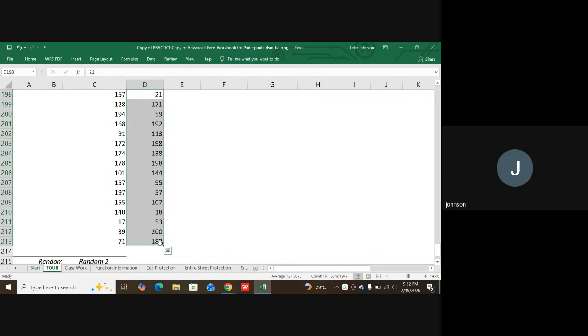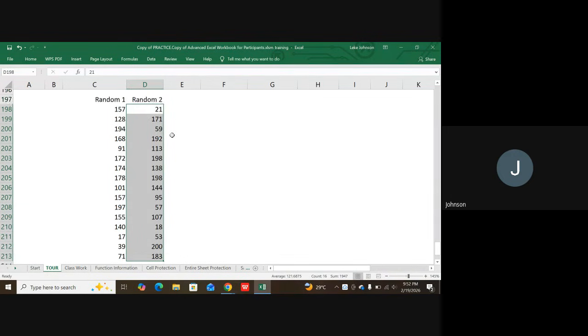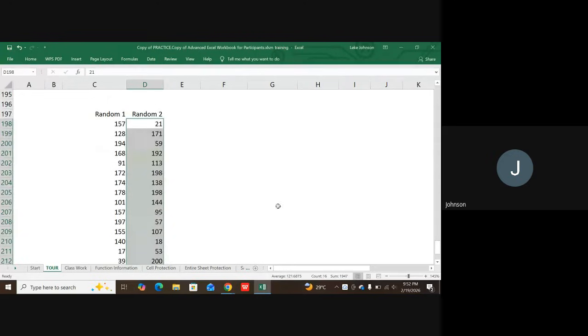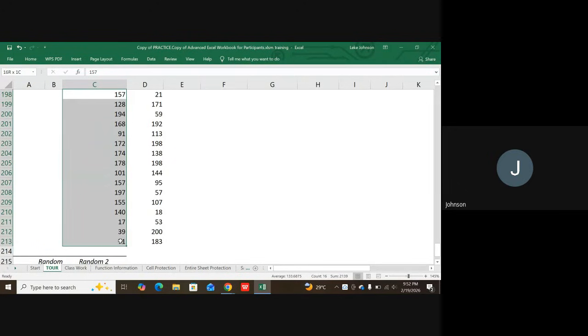Now, I'm also checking the sum of all these numbers. So the sum of random 2 is actually 1,947. Then the sum of random 1, let's click down to the bottom, is like 2,139. So you can see that these data are far apart. For instance, you can be saying, okay, the sales of petroleum and vehicle. Those products, when you have a vehicle, you must also get